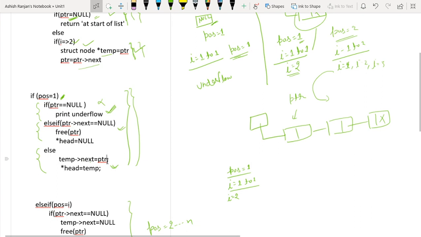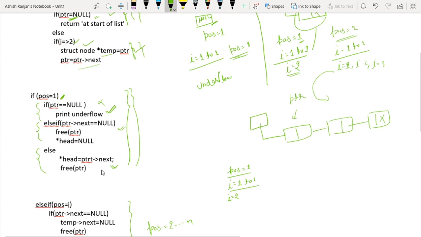Sorry, I'm just going to correct this. What will be here? Pointer of head is equal to PTR's next, and here free PTR. Sorry for this, this is something wrong. Free PTR. Now let's see what this says.